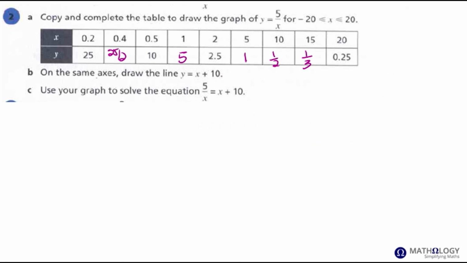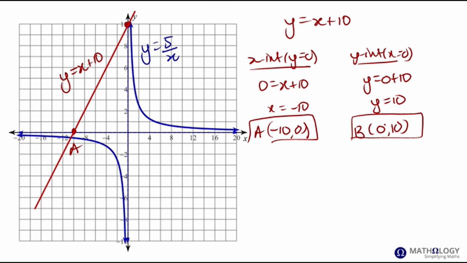Use your graph to solve the equation 5 over x equals x plus 10. So we want to solve 5 over x equals x plus 10. If we just look at these functions now, it's a nice notation to use f of x and g of x and h of x to label functions. It's just easier to work with. So if we call y equals 5 over x f of x, it's just a label, just a name for the function, and y equals x plus 10 g of x equals x plus 10,